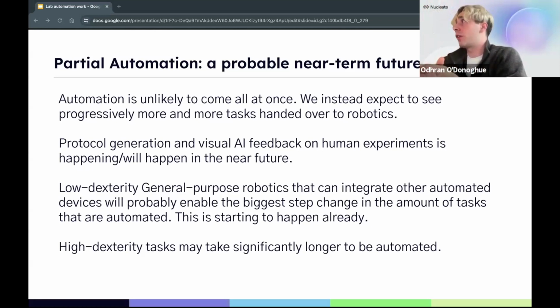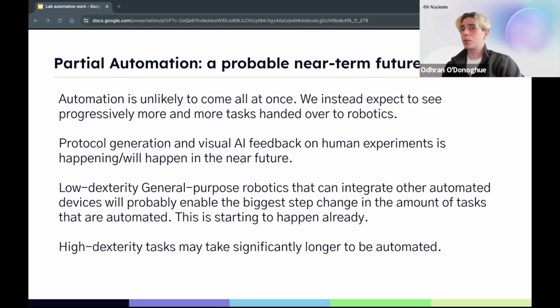Ultimately, it's likely that a lot of high dexterity tasks are still going to take a long time to automate because the underlying hardware for high level precision isn't really there yet for current robotics. And no doubt the first wave of mass manufactured robotics for robotic automation isn't going to have this fine level of dexterity as a primary consideration, because for most manual tasks, you don't need that. So that gives a summary of the sort of model of the possible future for lab automation. That's my when might it happen part of the talk.